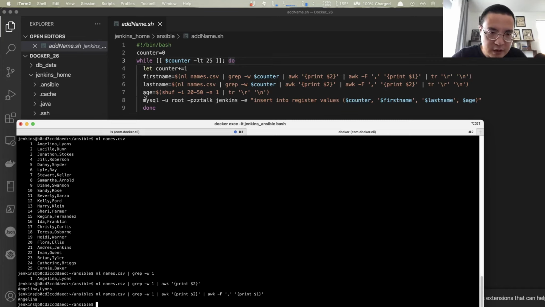Here, move to line 7, the age. I'm going to use the shuf command. It's a Linux utility to generate a random number. As you can see here, I want to generate a random number between 20 and 50. So I'll show you. shuf -i 20-50 and -n 1, right? As you can see,